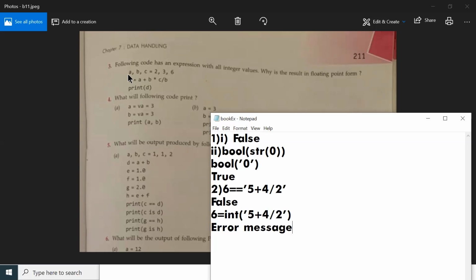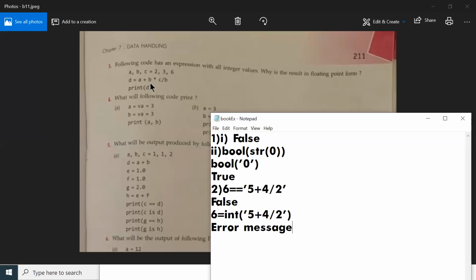Now let us go through the statements. Here a, b, c is equal to 2, 3, 6. All the values are initialized with integers. Now look at the expression: d is equal to a plus b star c slash b.